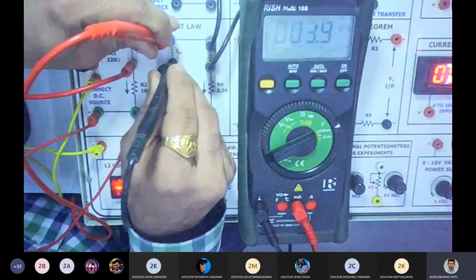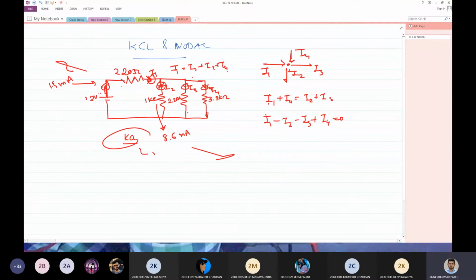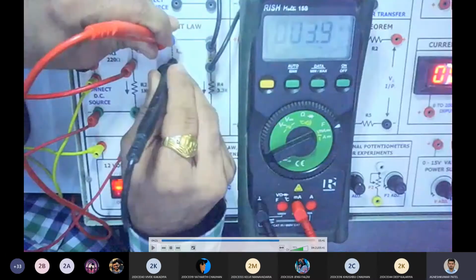Let's say that is 3.9 milliampere. Again, what he has done, he has first removed the ammeter from the previous one and then connected it in the next one. But keep in mind, whenever you open something using an ammeter, that line will be disconnected. So again you have to connect it back. You can see here a new wire is connected over here.